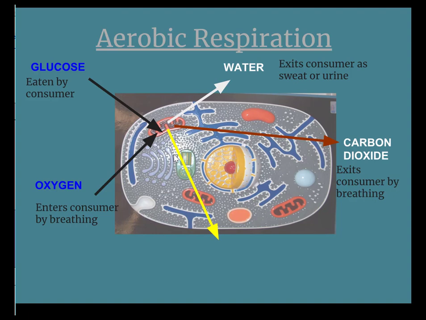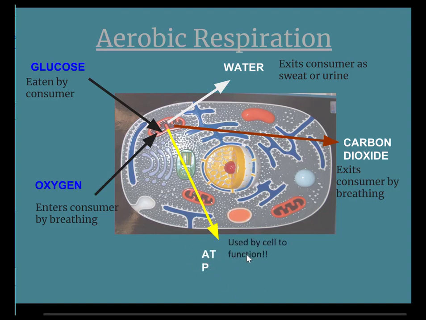The very last thing, the most important thing, is going to be ATP. ATP is that energy. The energy does not leave our body. It's actually going to be used by our cells to function. So it's going to be used to get those cells moving, get our muscles working, our heart beating, all that fun stuff. So aerobic cellular respiration, again, we need glucose and oxygen in order to make water, carbon dioxide, and